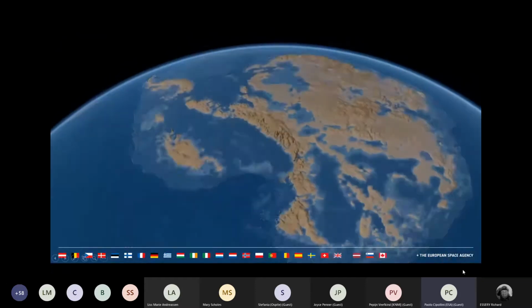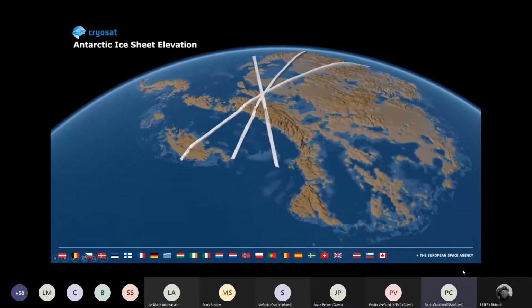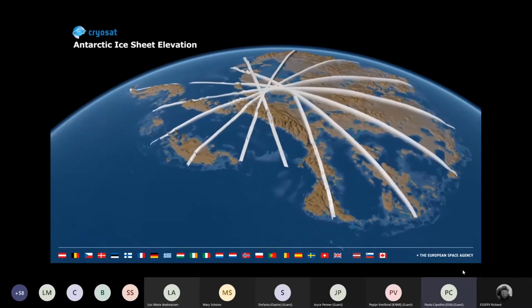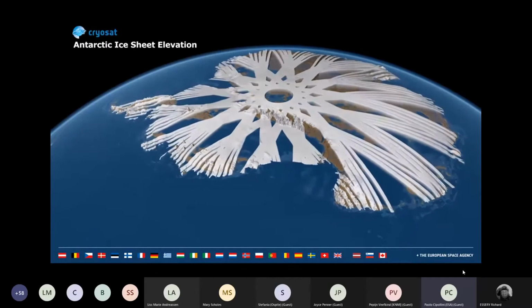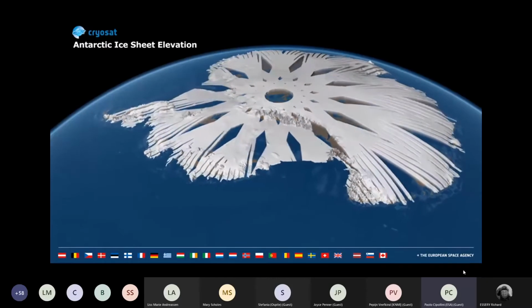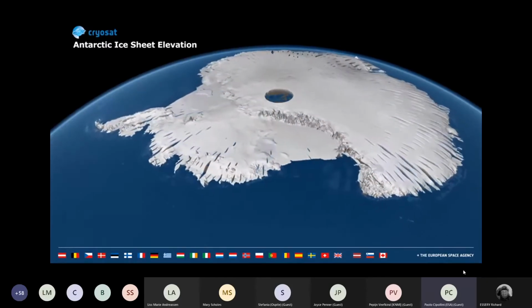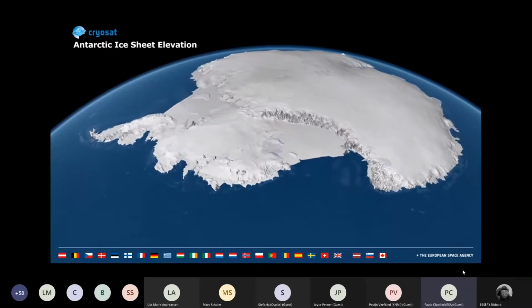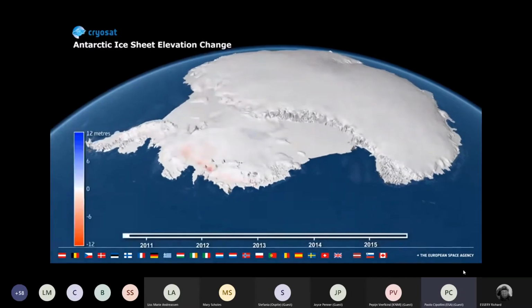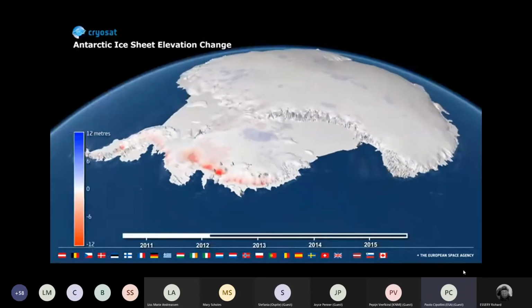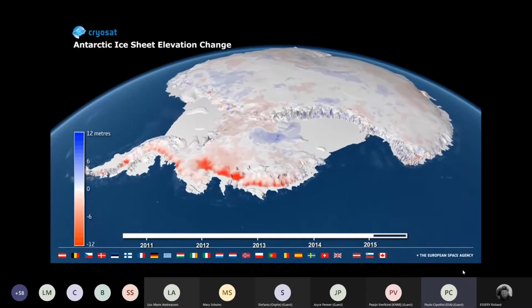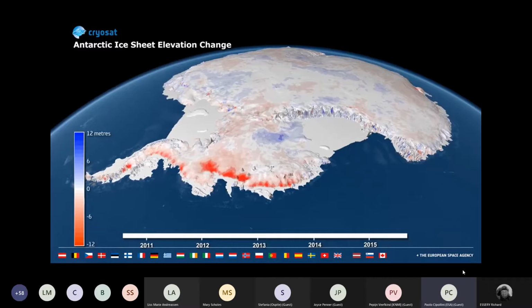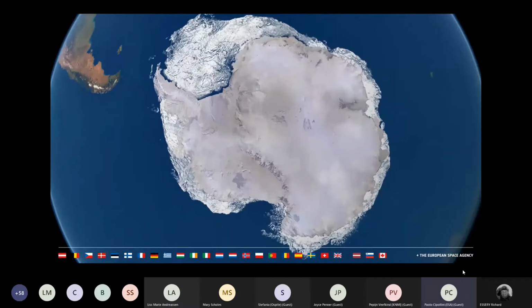Yes, so with altimeters, we are able to trace the elevation of the Antarctic ice sheet and then see how it evolves in time. For instance, Cryosat, one of the ESA Earth Explorers, has been absolutely instrumental in monitoring this. And we can derive a rate of change. So you see they are highlighted in West Antarctica, all those regions in the red, where we got a higher